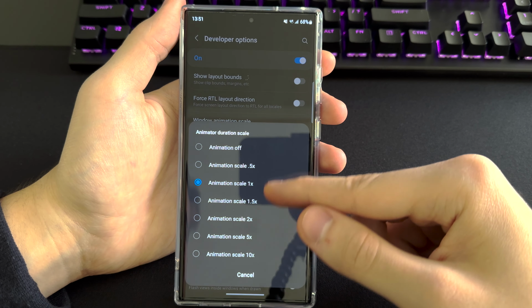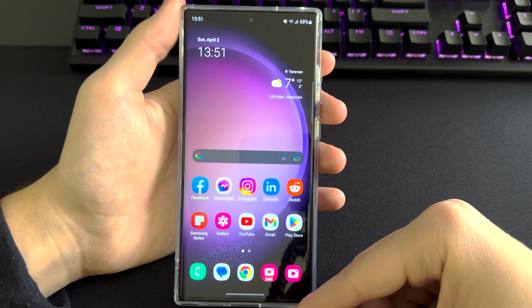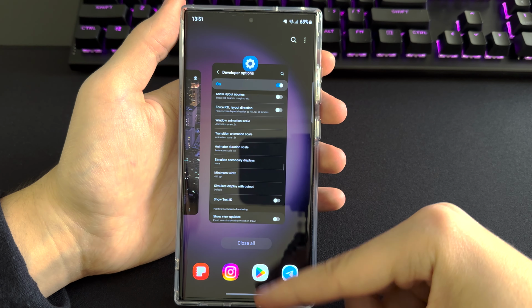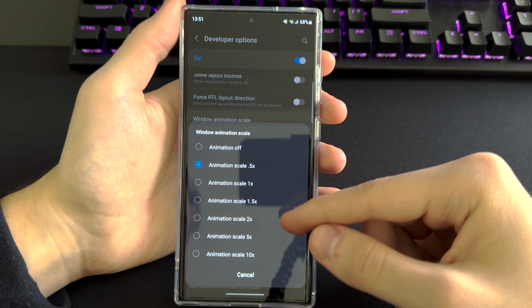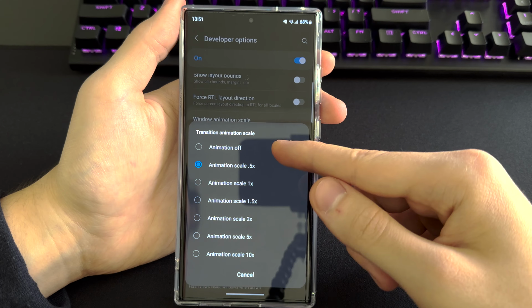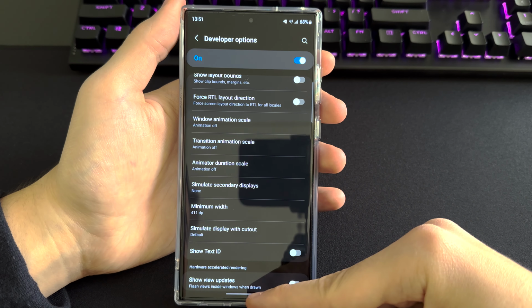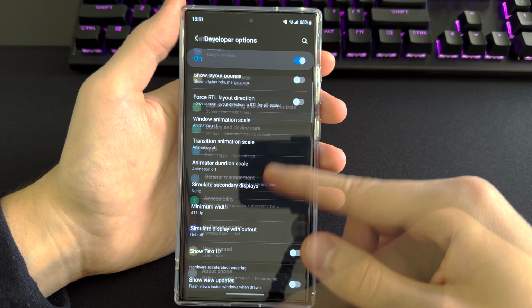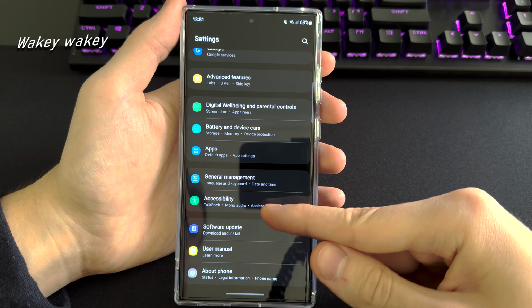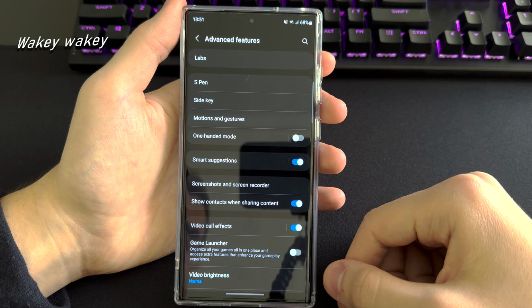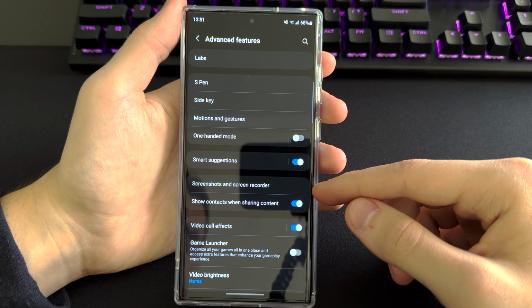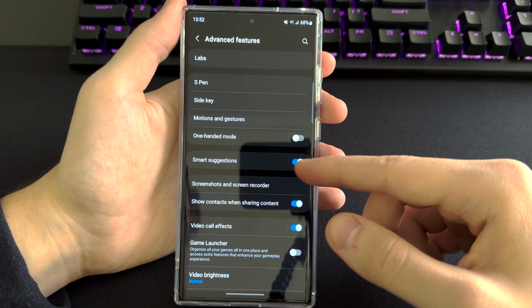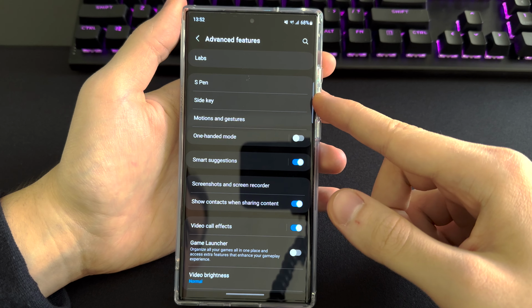What we can do is drop it down to 0.5, and now as you can see the device feels much snappier when going back and forth. You can also go nuts and turn the animations off, but it's not going to be very enjoyable, so I'd suggest the 0.5 option. Now what you want to do is go into settings, advanced features, and then open up